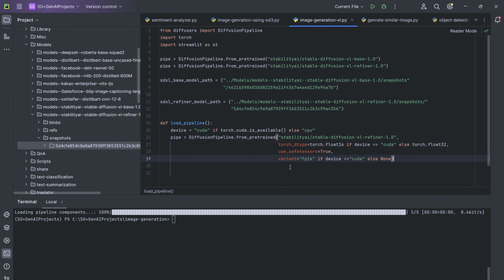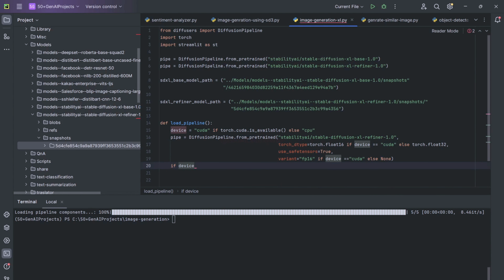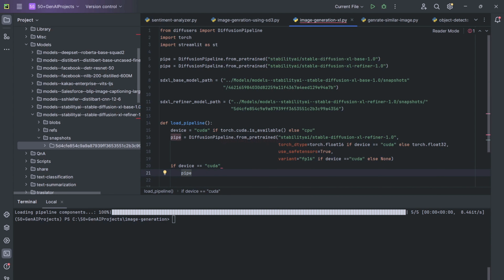Now one last thing that I need to do is, again for the same, I just want to make sure that it works for everyone. That's why I'm just adding these lines. Otherwise it is not required to have this if else condition. I just want to make sure that even if you do not have the GPU, it should work fine for you. So I'll just add pipe dot